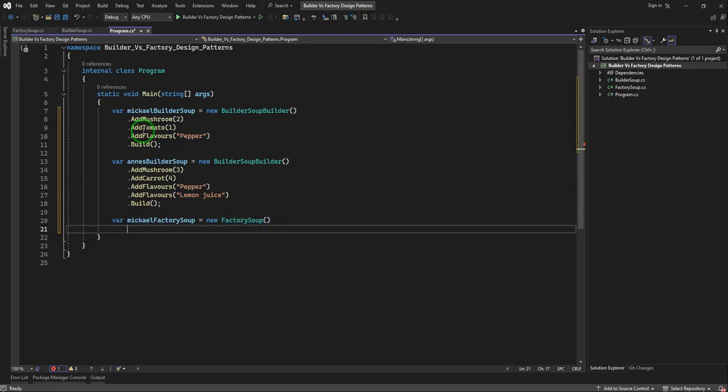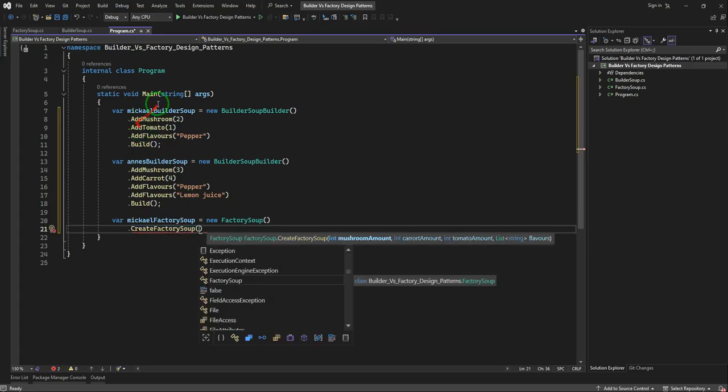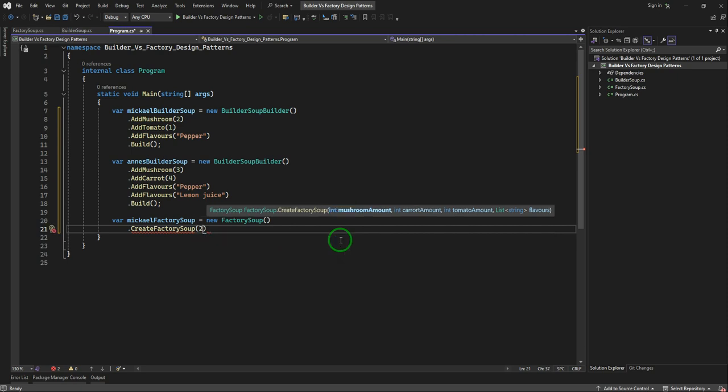And then I would create, well, now as the parameter you can see here, if he wants to order mushroom, I should put 2 here, and for carrot, I see that he doesn't order carrot, so I put 0, and then for tomato he ordered number 1, and then for the flavors